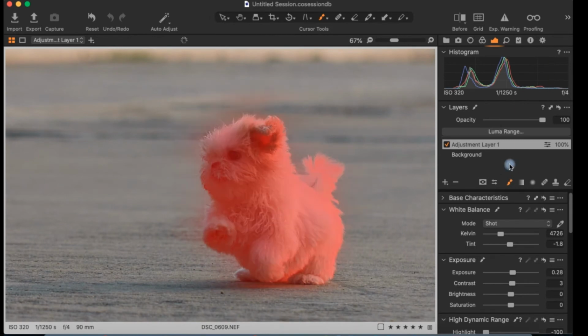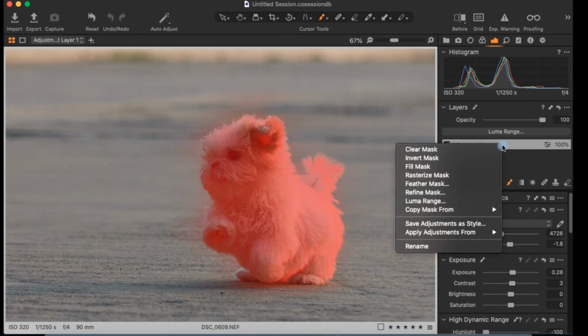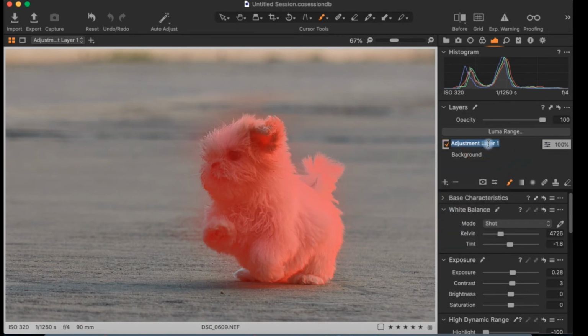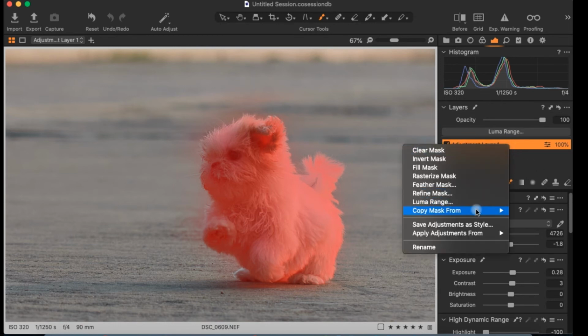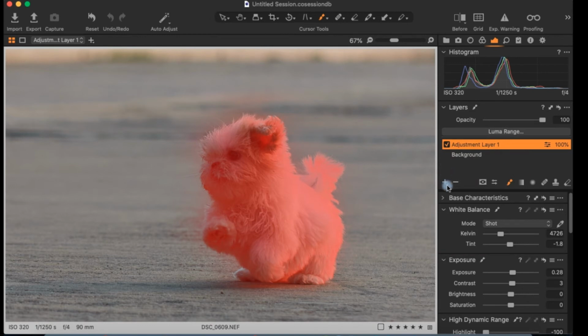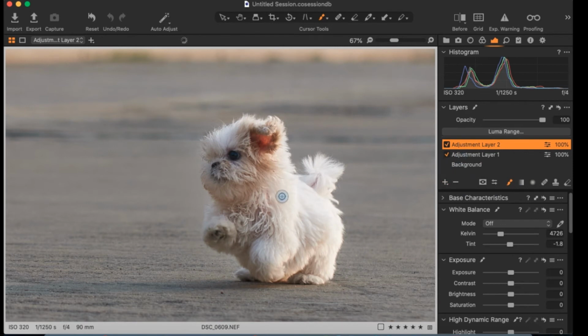Now let's take this to the next level. Let me copy the mask. For some reason it is not copying, so we will make one more empty mask, and then I will quickly paint over it.